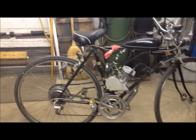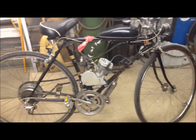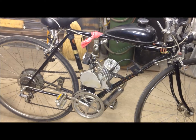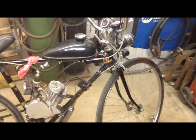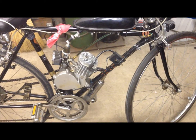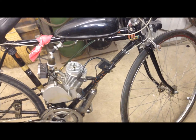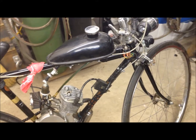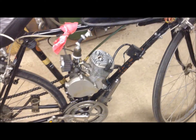Okay, so here we are again today, and some of you may recognize this bike from some other pretty common YouTube videos. I have the 500-mile motorized bike review up there. I got over 2,000 miles on this bike now. And some other reviews, like how a boost bottle works, and my motorized bike flamethrower attempt, which I still plan to finish, but I really haven't had much time to work on. But anyway, today what we're going to try and do is,